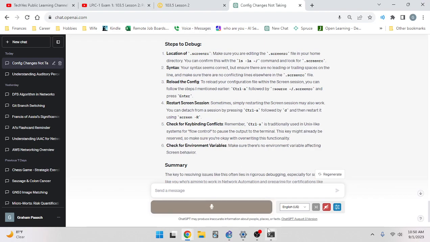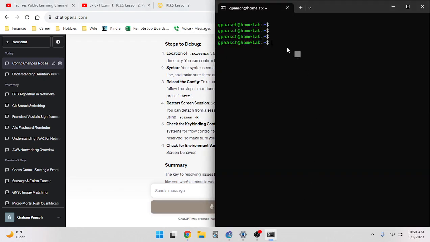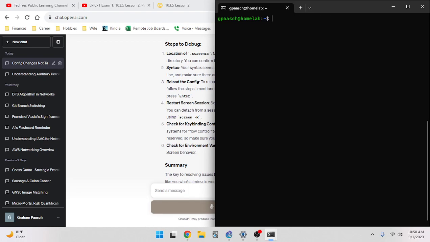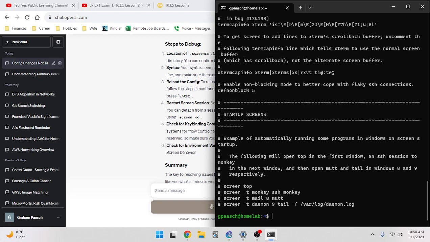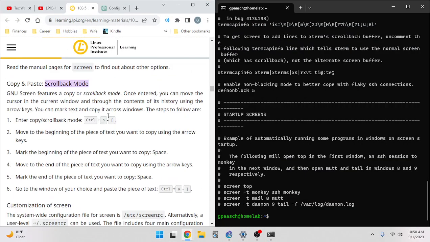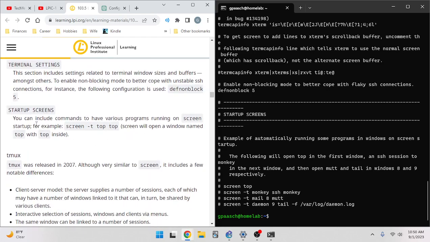That didn't work, so I don't know why I'm not able to modify that file. Not a big deal to me. Yeah, not a big deal to me. Let's just keep on plowing forward. Okay, so